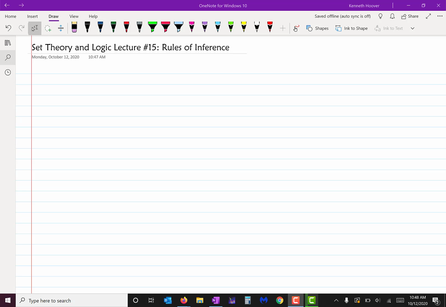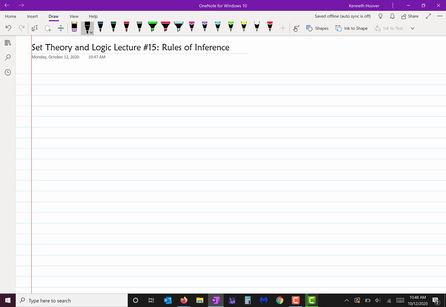Okay, today we are going to start getting into how to do proofs of statements. I'm going to show you 8 rules of inference that you use to take some given information, those are called premises, and then use these rules of inference to form a conclusion. The book has 3. I'm going to give you additional ones besides just what is in the book. All right. So the first one